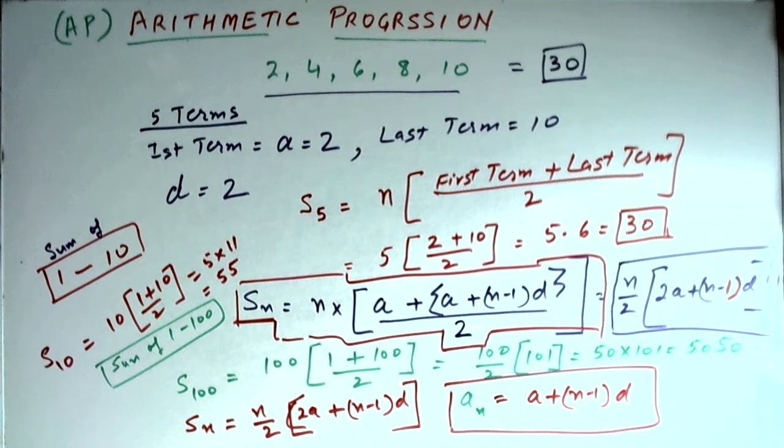Now remember, there are other types of series also. What we have learned only is arithmetic progression, and that is what is covered in class 10. But in subsequent classes, like in class 11, you will learn other types of series which are called geometric progression and harmonic progression, which are not in your syllabus in class 10. But just for information, I am telling you that there are other types of progressions also. AP is not the only type of progression.